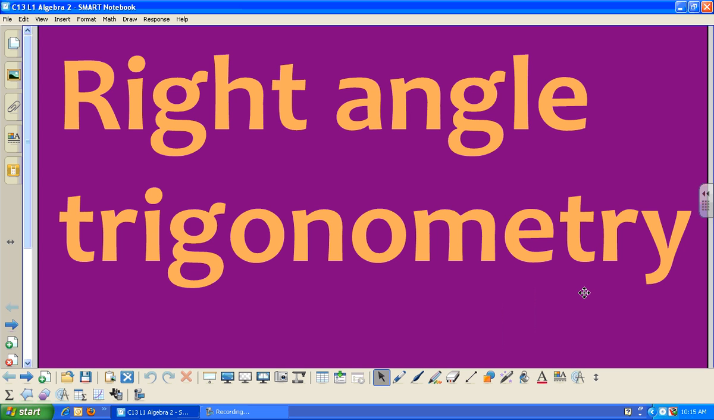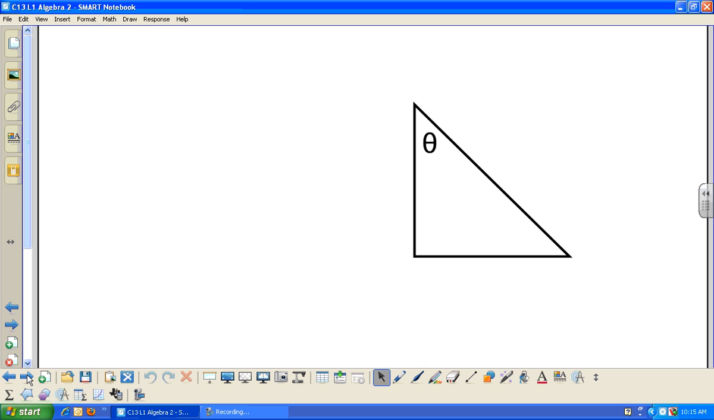Chapter 13 is all about trigonometry, and we're going to take it a step further than SOHCAHTOA. But the first section is going to be reviewing SOHCAHTOA concepts. So right angle trigonometry. If I'm given a triangle, and just so we remember SOHCAHTOA,